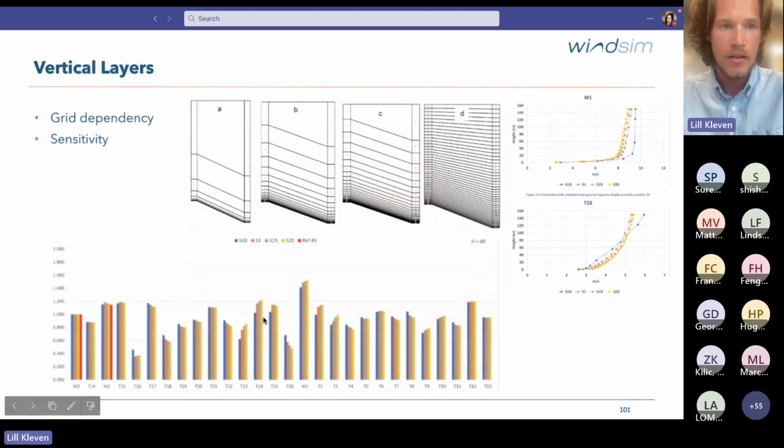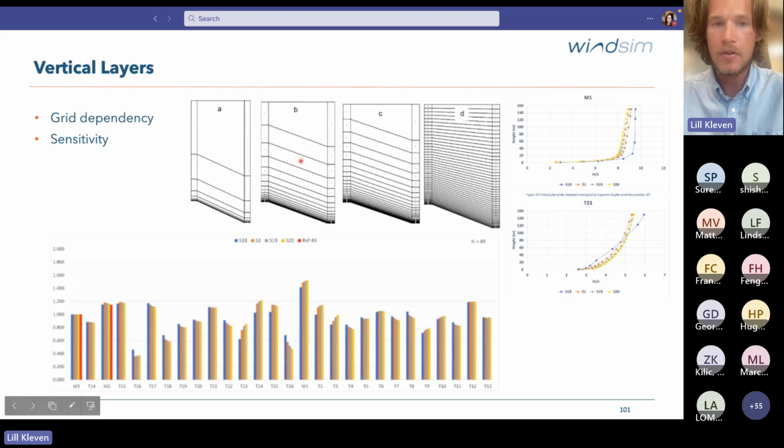So the next one is the vertical layers. So I ran with 10, 25, 35, and 50 layers in the vertical. And from the verticals, I could see that the 10 cells in the vertical was too little. So I had, I think, about 5 cells below 100 meters, which is too few and not to be recommended. While from the base case with 25 cells in the vertical and up to 50, there were about 11